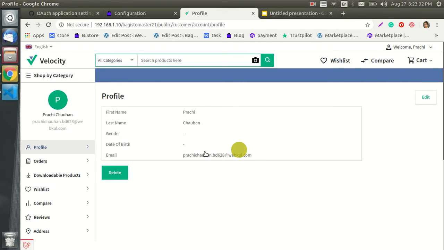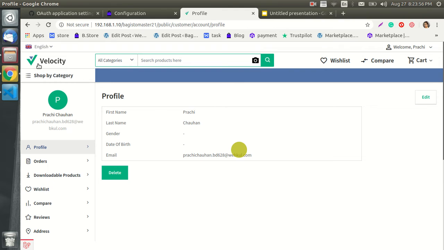And for this, the admin has to get the API credentials from their particular social platform, from Facebook, GitHub. And as I displayed the process of getting the API from GitHub, the same process you have to follow, with some steps to create the API credentials from these particular platforms.